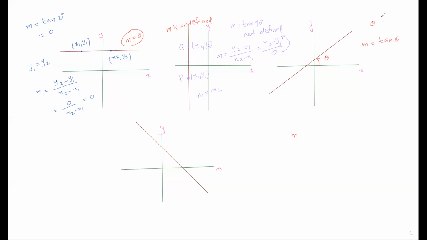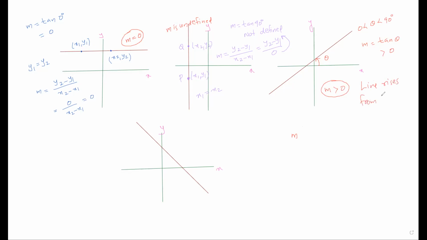Theta is between 0 and 90 degrees. So tan theta is always positive. That means in this case, slope is always positive. That means here we can say that the line rises